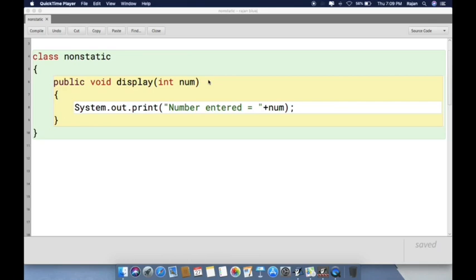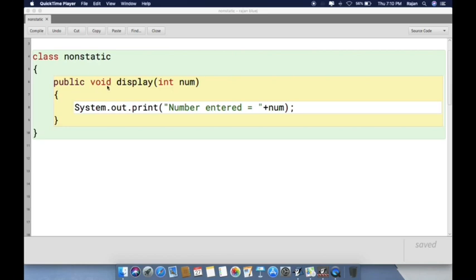Today I'll be showing you functions which are non-static and static. Now the first example I am going to show you over here, you can see I have kept the name of the class as non-static and the name of the function is display. Here before void, you must have seen in different textbooks and in different videos they show you public static void main and then String args. That's another way of accepting a value from the user. This is another way how you can accept a value from the user within a function directly.